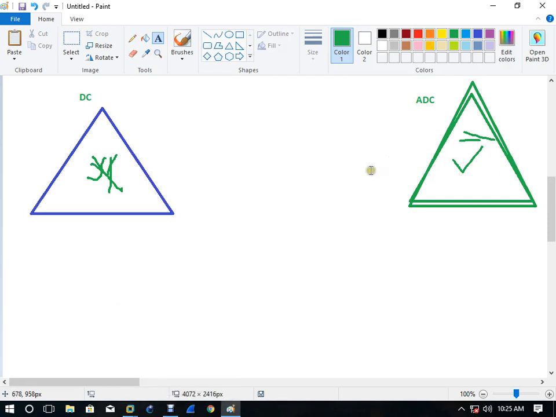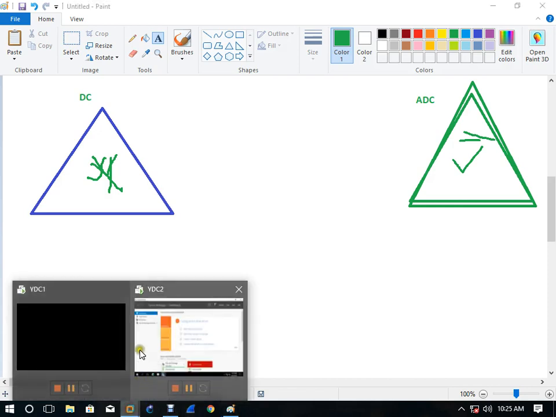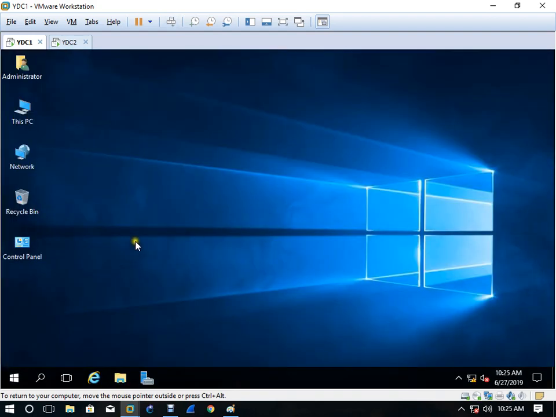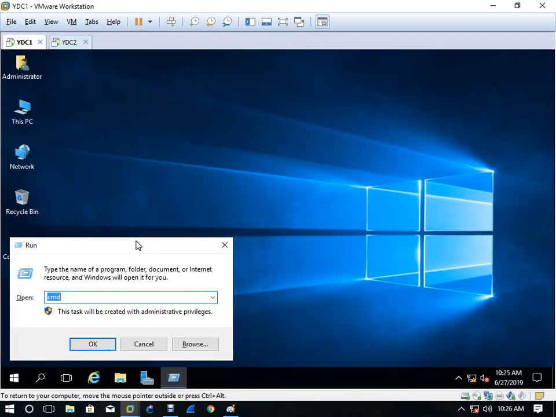For this you need how many servers? Two servers, and for testing one client. So let's come here. We have one server here, one server with Active Directory. Let's come and see here. We already have one server, you can see here, dsa.msc.